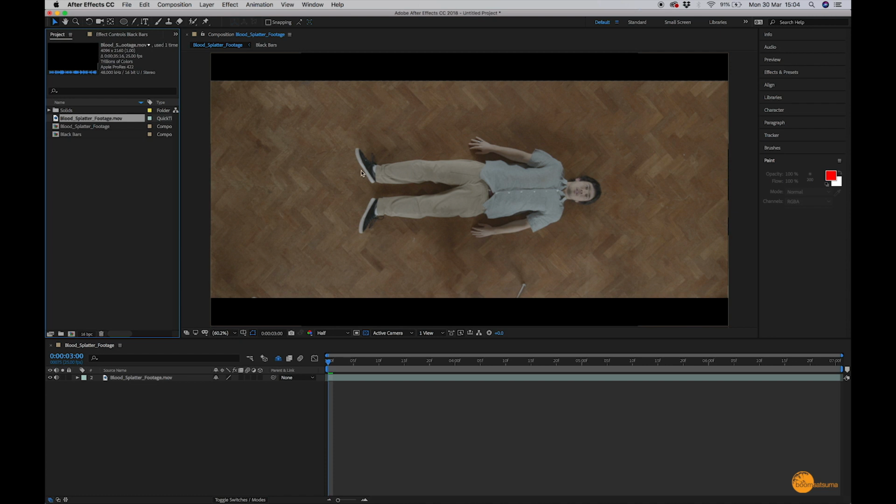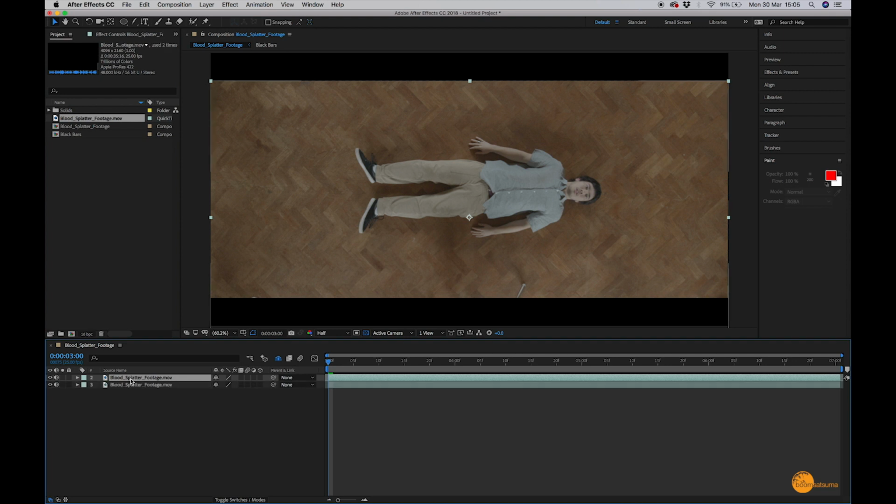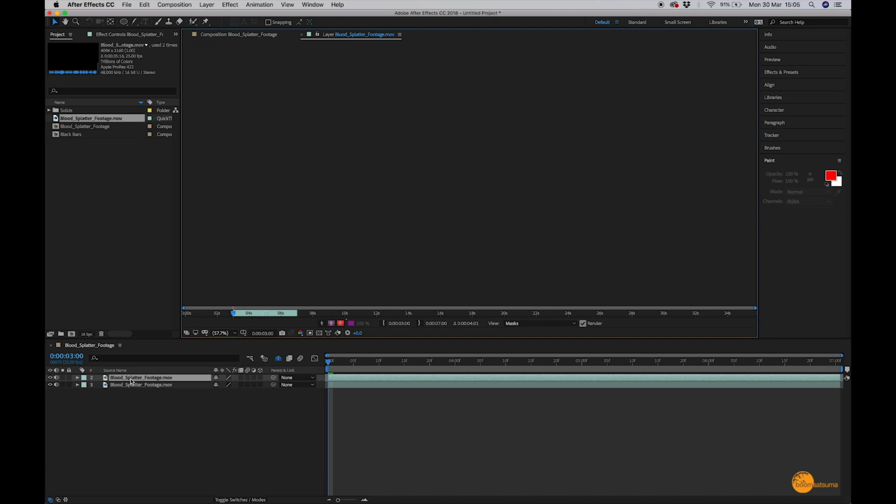That just means that we can work in the full range of color within this footage, and we're going to get better results when we come to things like color grading and matching colors and things. Okay, so moving on, back to this rigging. The first thing we're going to need to do is create a matte painting to get rid of this rigging. So let's do that by duplicating our footage, Control or Command D, double clicking into that footage,